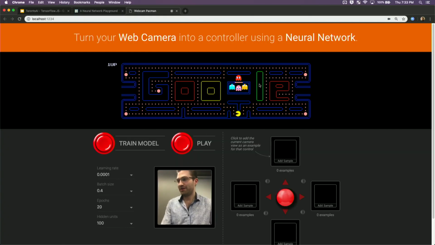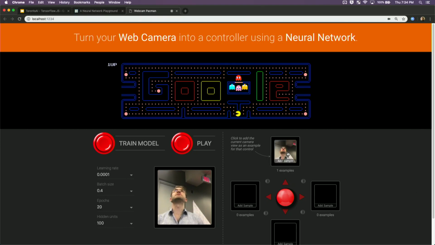All right, playing Pac-Man with my head. I think I need to turn my webcam for this. So basically, once again, we're going to train various actions using webcam inputs. So, okay, it's kind of challenging for me to do this just because I'm looking at one screen and then having to run on another for the webcam.